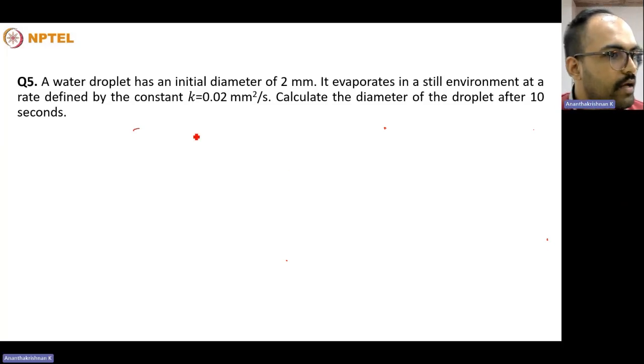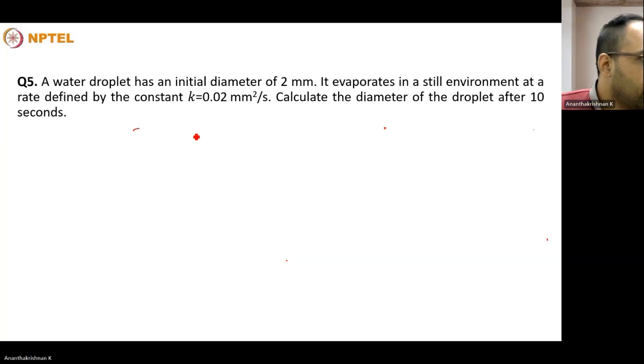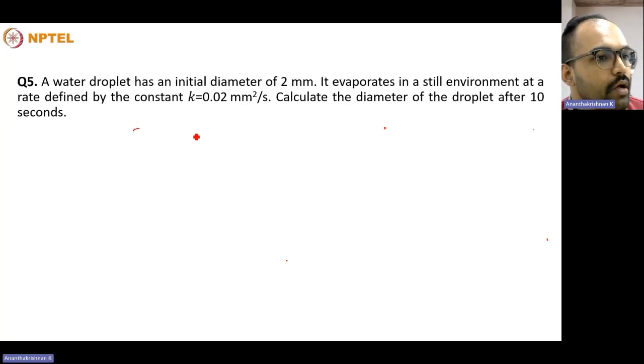So in this case, the constant K equal to 0.02 is given, and a water droplet has an initial diameter of 2 mm, and it evaporates in a still environment at a rate defined by this constant, and we need to calculate the diameter of the droplet after 10 seconds. So for the case of point droplet approximation, we can actually use the law called